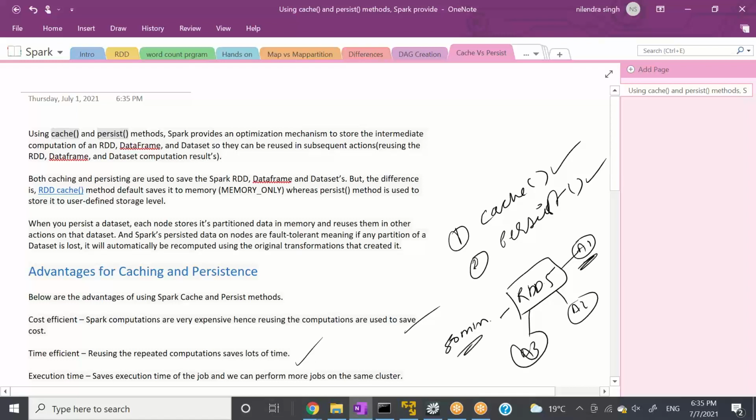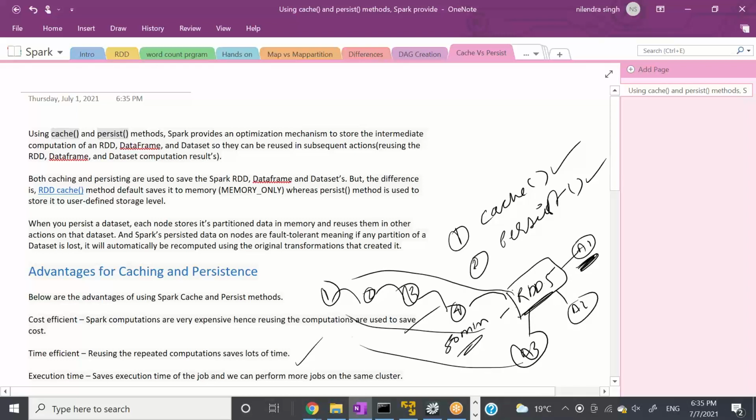For each action it will take 50 minutes, obviously, because to create this RDD it will need to go 5 steps back: RDD4, RDD3, RDD2, RDD1. When you hit action 1, it will go through this path. When you hit action 2, it will go through this path. When you hit action 3, again. So what these people say is, let's cache this RDD5 or persist this RDD5.